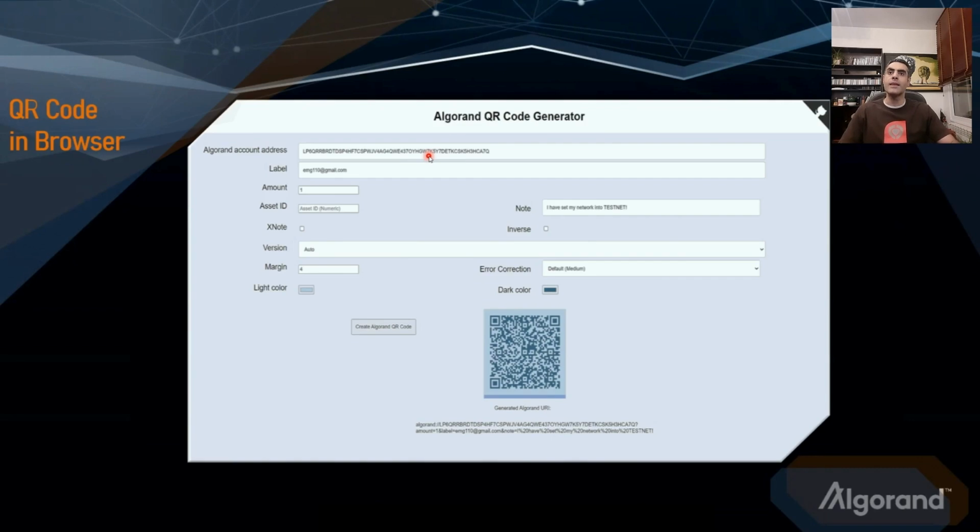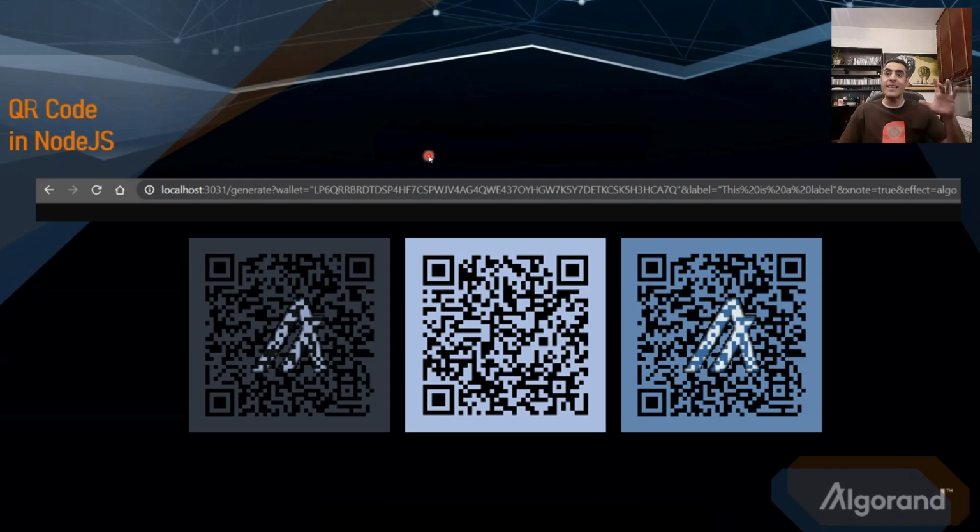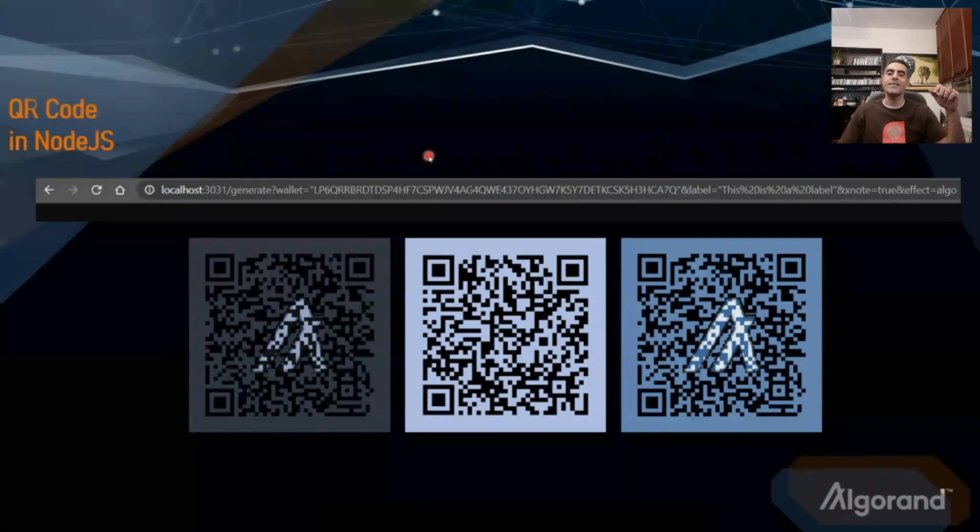So the next one is usage in web. As I told you, it is the web form. You can use it in the web form. And the third one is the usage in the Node.js environments. As an example, I've taken the liberty of creating some API servers using Express.js and some static servers that are demoing somehow the ways that you can put this little library to use to create some amazing things